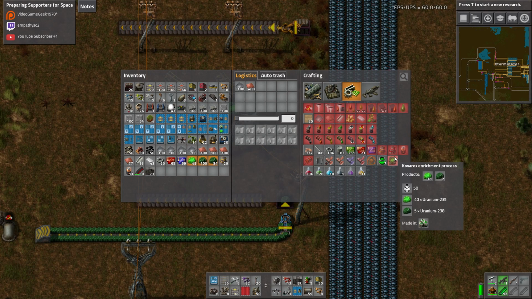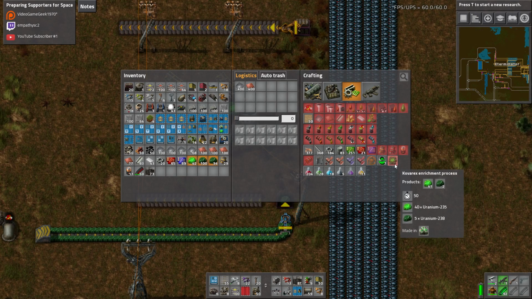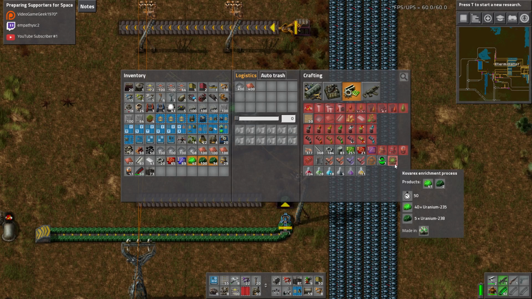So what this does is this takes in 40 of the good uranium and 5 of the bad uranium, and it outputs 41 of the good stuff and 2 of the bad stuff. So when it's all said and done, essentially, you are getting 1 good uranium in exchange for 3 bad uranium, right? Because you're inputting 40 and getting an excess of 1, and then you're inputting 5 of the bad and